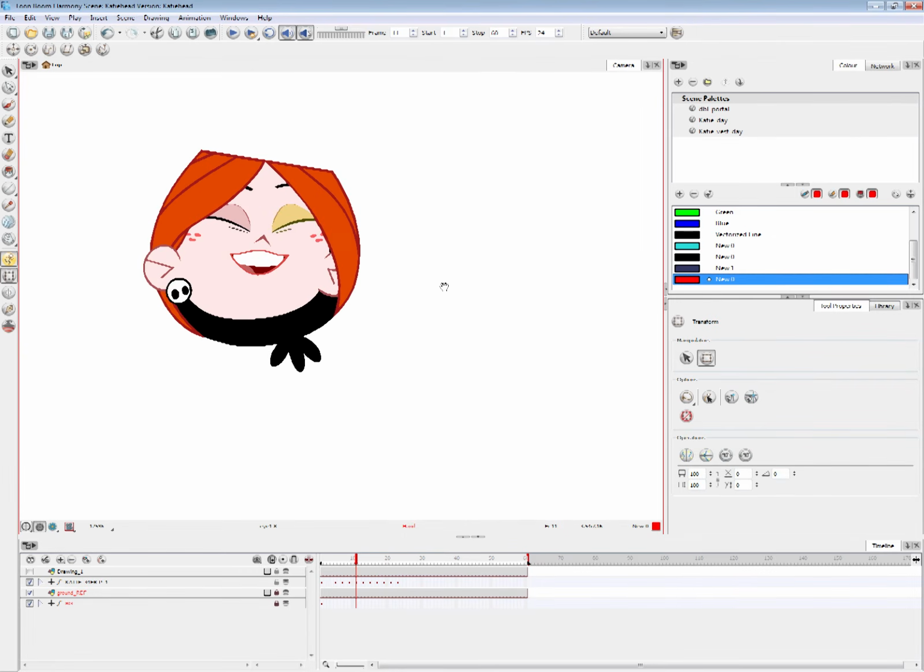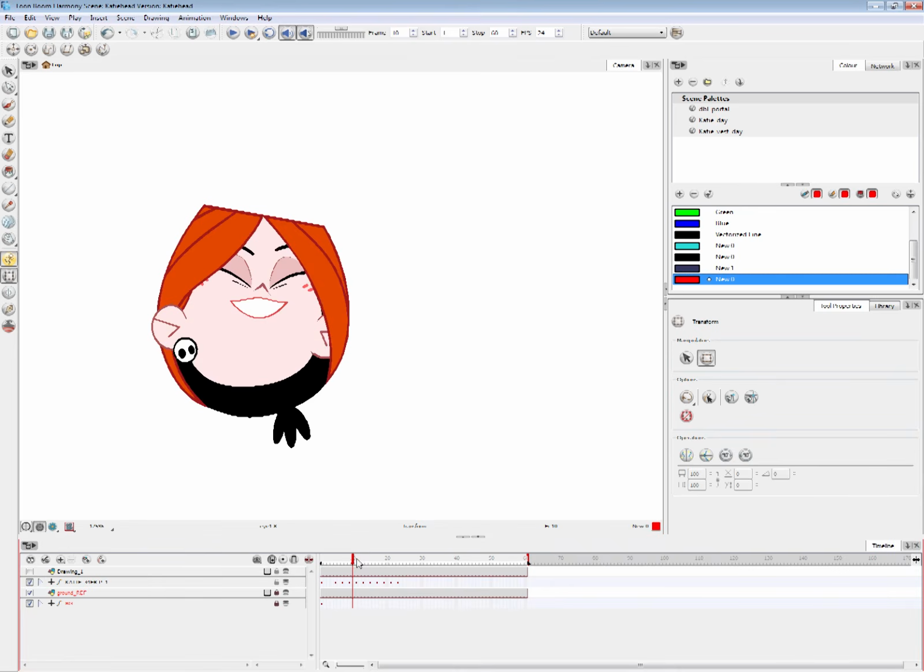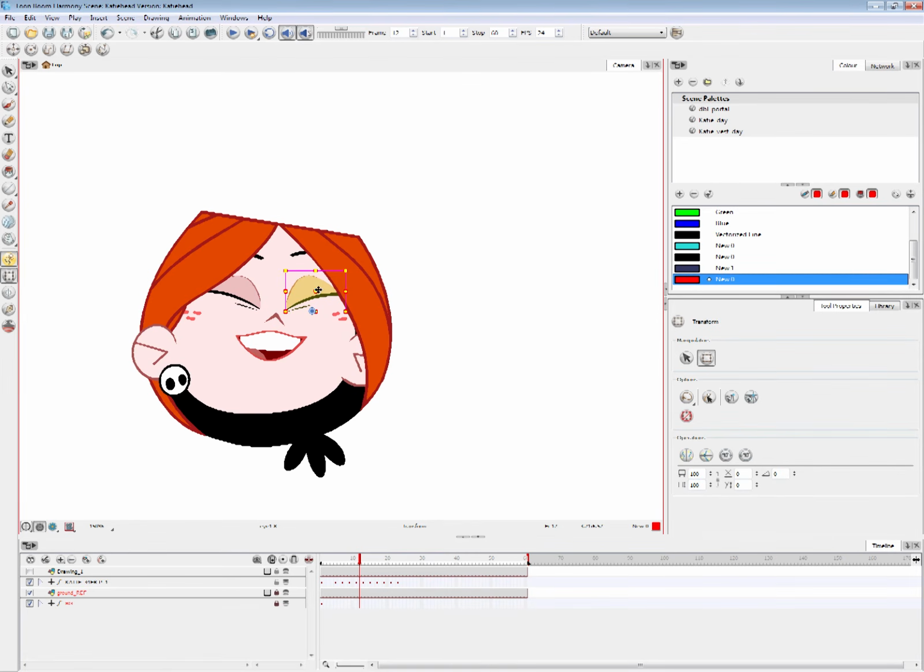Let's see. So in this frame, I want her to open her eyes a little bit. Do I even have a drawing for that? Oof, the computer froze a bit. I do not have a drawing for that. Okay, so let's draw that frame.